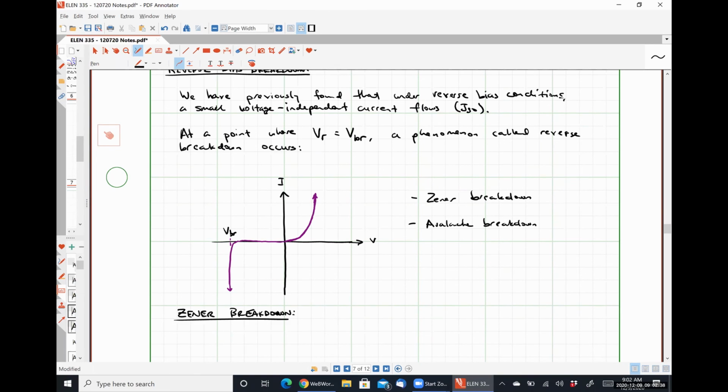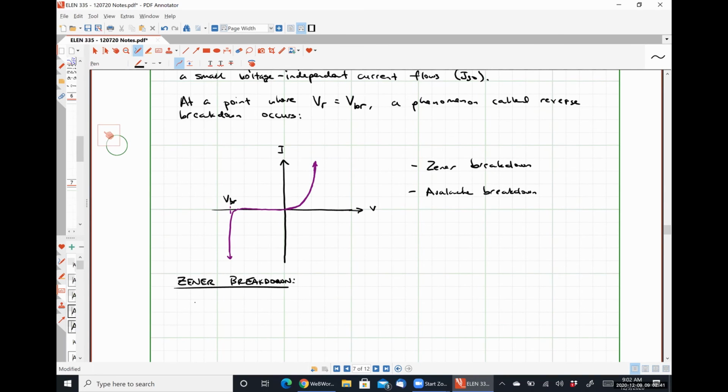Zener breakdown. If we dope both sides of the junction very heavily, we can expect the depletion region width, W naught, to be very small. If we then reverse bias the junction,